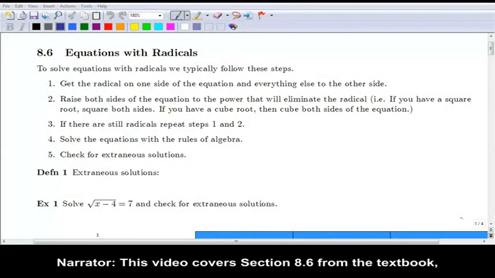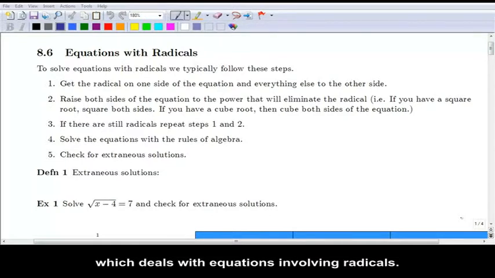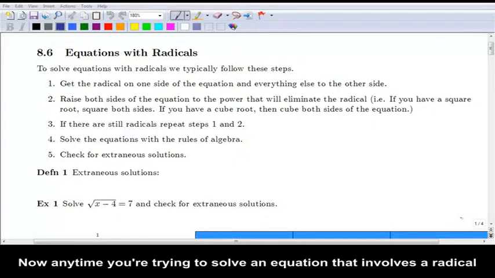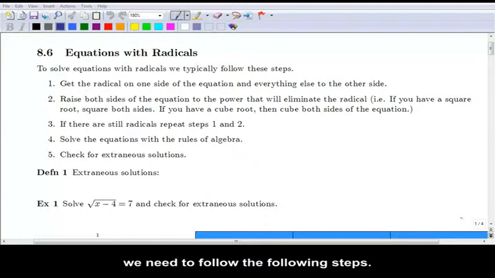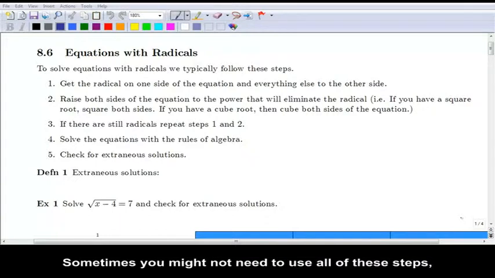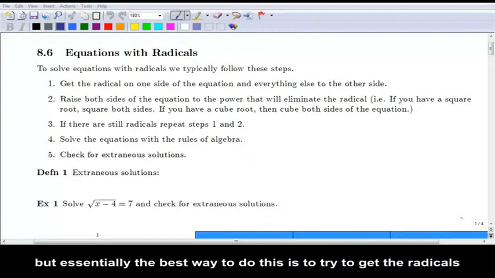This video covers section 8.6 from the textbook, which deals with equations involving radicals. Now, anytime you're trying to solve an equation that involves a radical, we need to follow the following steps. And this is just kind of a loose framework to follow. Sometimes you might not need to use all of these steps, but essentially the best way to do this is